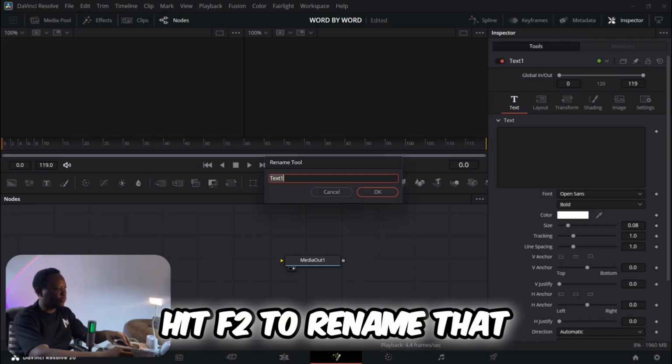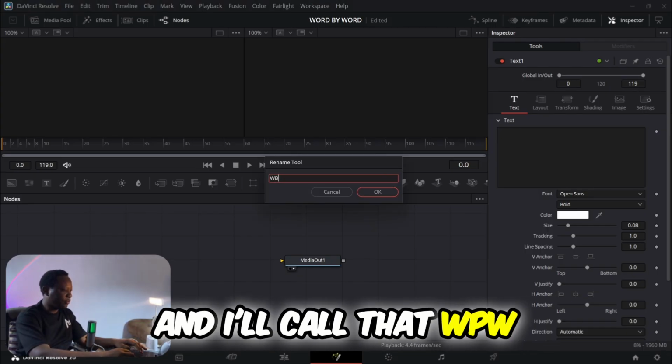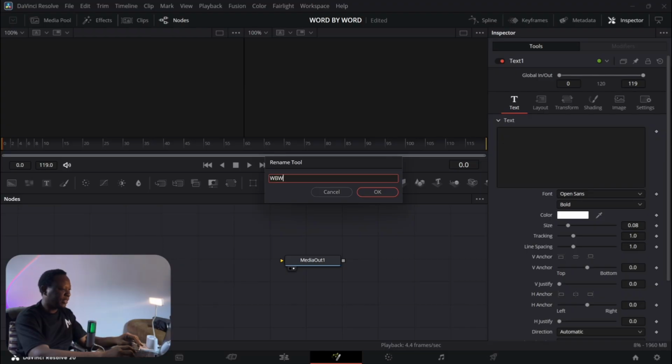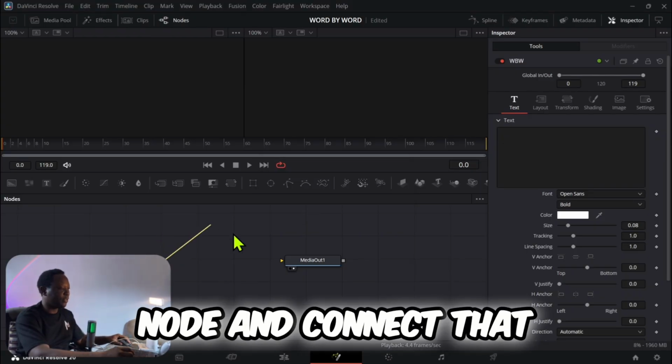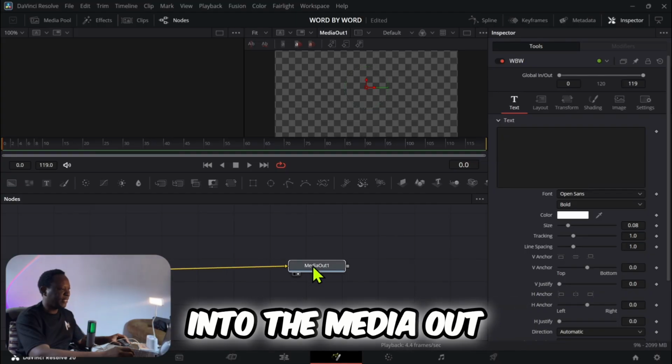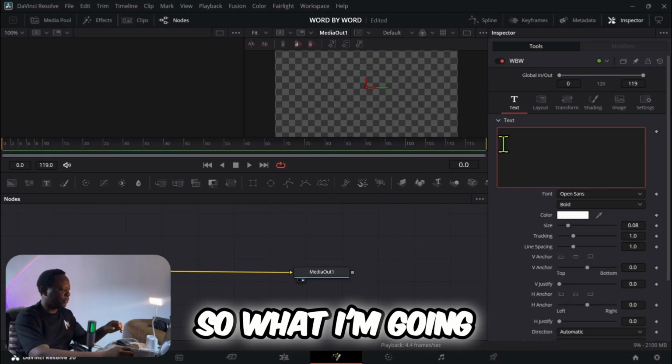I'm just going to hit F2 to rename that. You can rename your nodes, and I'll call that WBW, like so. You don't really have to do that step. So let's take the output of our text node and connect that into the media out. And now that we have that, let's quickly create a text. So what I'm going to say is